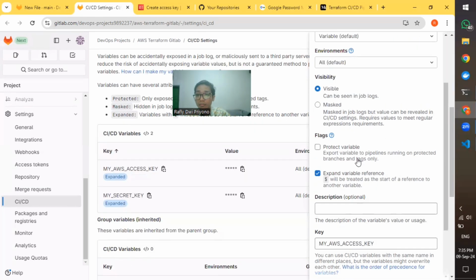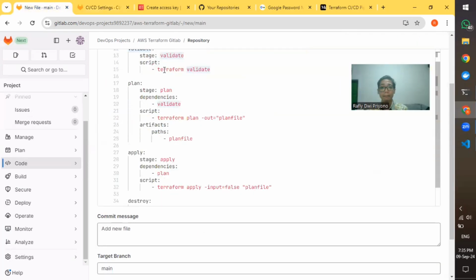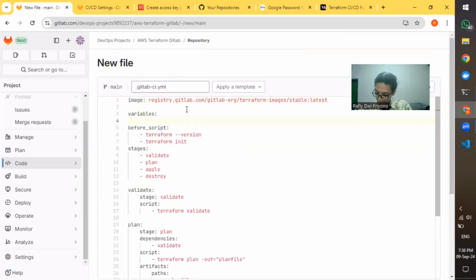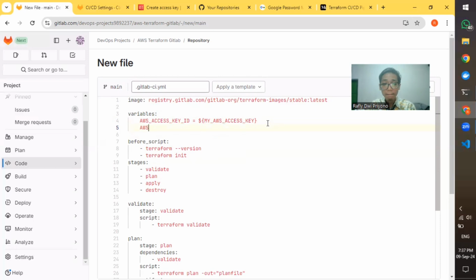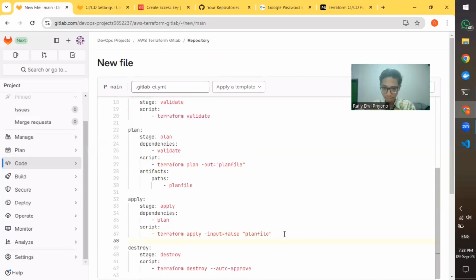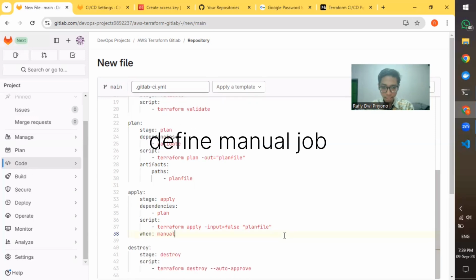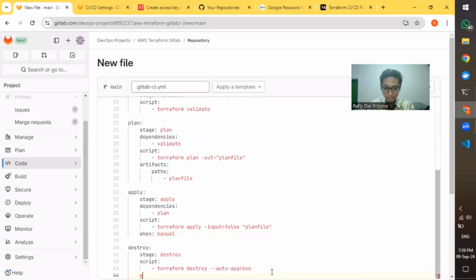To follow best practice, we will create variables. This time, we create two variables, one for the access key and one for the secret access key. Next, we need to make some modifications to the code that allow us to run the validate and plan stages automatically, but the apply and destroy stages to run manually.